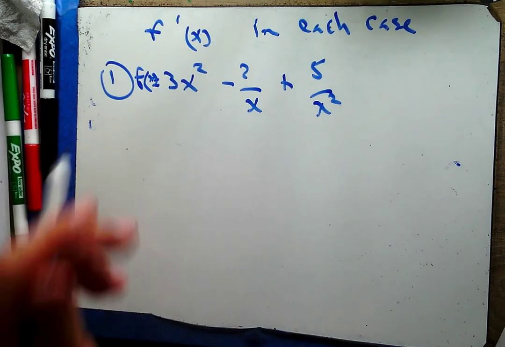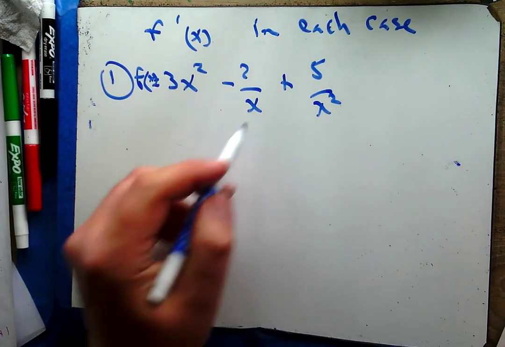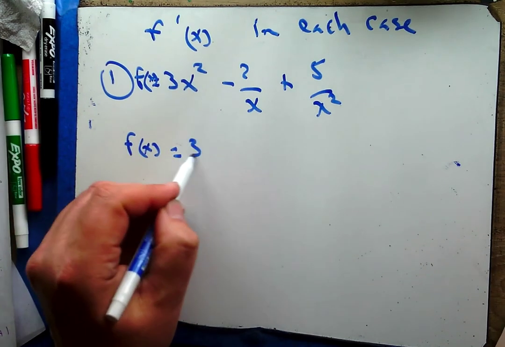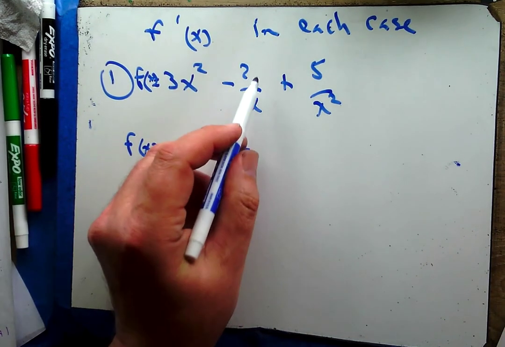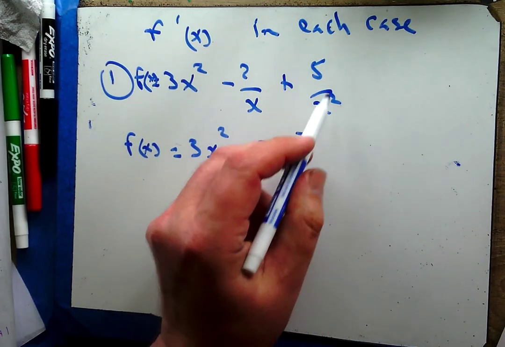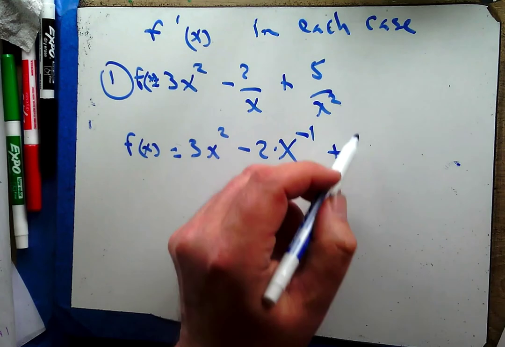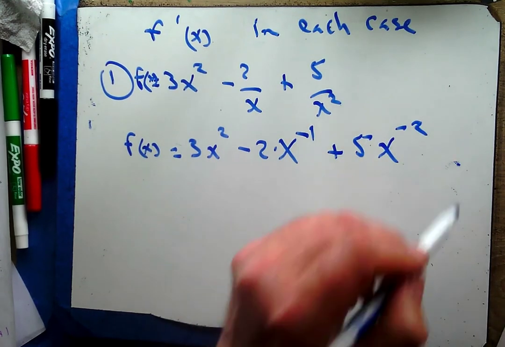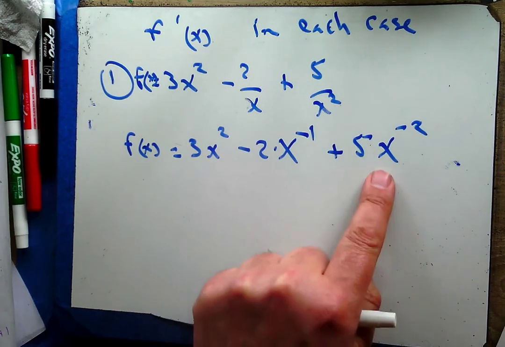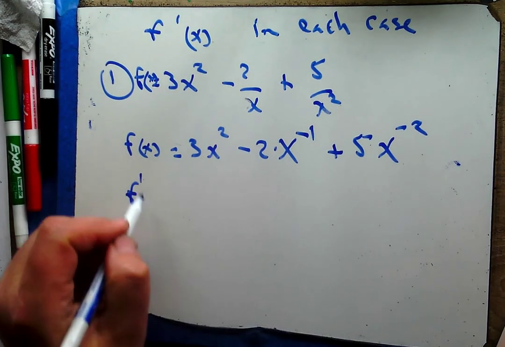So find f prime of x for me. Oh, you're not sure what to do with those? Well, hold on. I thought we learned in Algebra 2 that 1 over x was x to the minus 1, and that 1 over x squared was x to the minus 2. See, it may be helpful to take these and turn them into these, because the derivative,